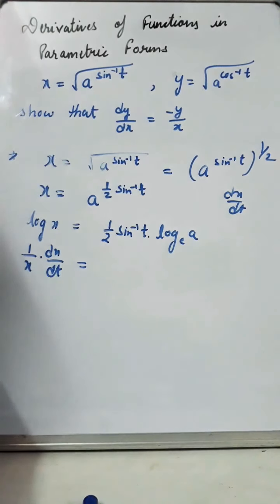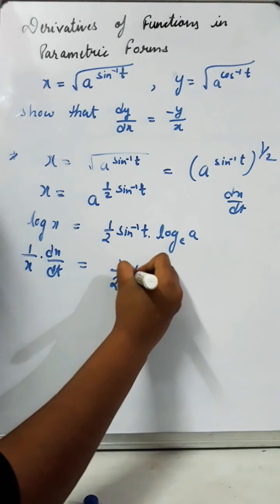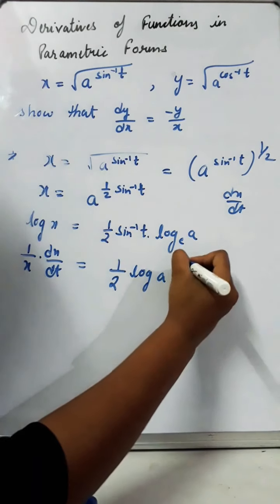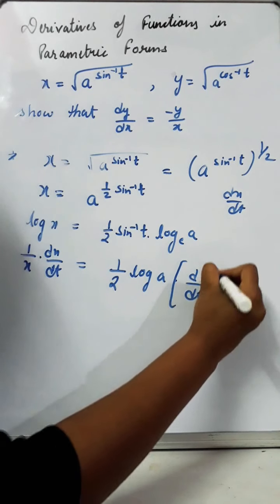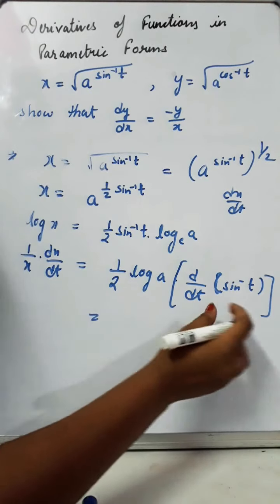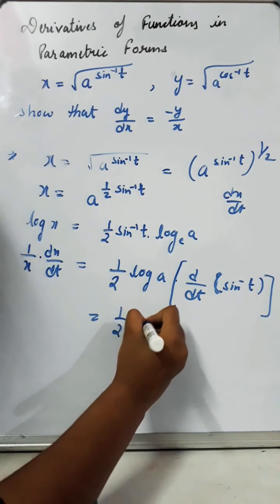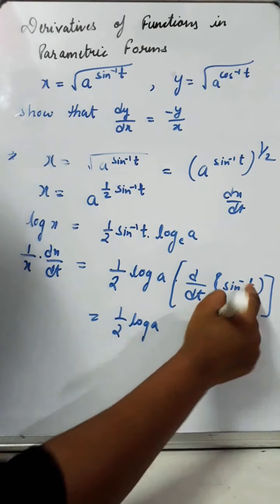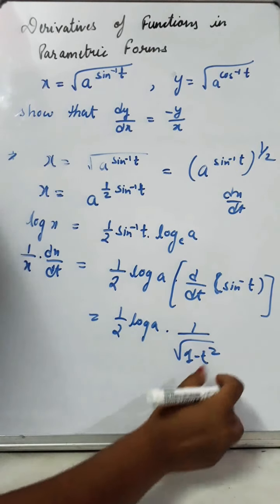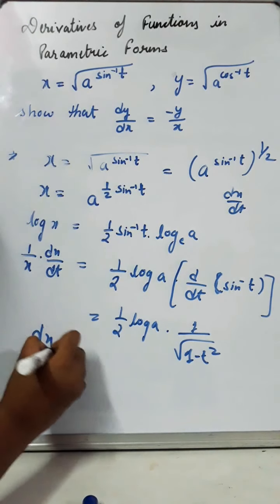dt is equal to half log a is constant, we'll bring it this side as it is, and sin inverse t differentiated, you only have to differentiate sin inverse t with respect to t because this is the only term that contains the parameter t. So this is your half log a into the derivative of sin inverse t, which is 1 upon under root 1 minus t square. This is your direct formula, I am applying it. So dx dt gives you,